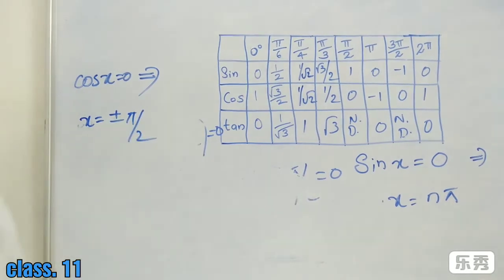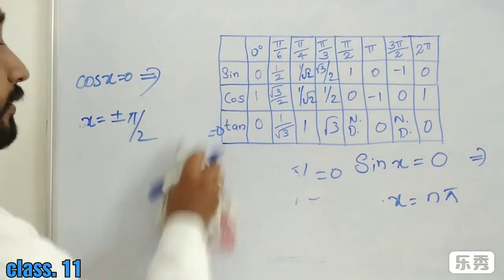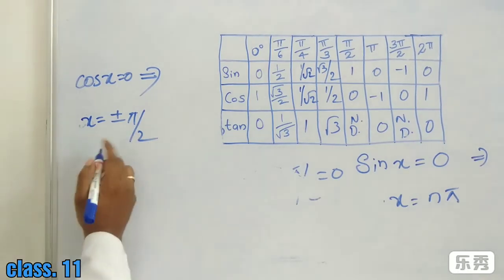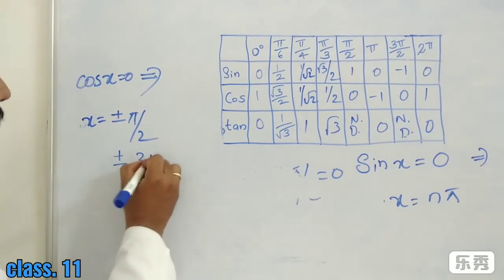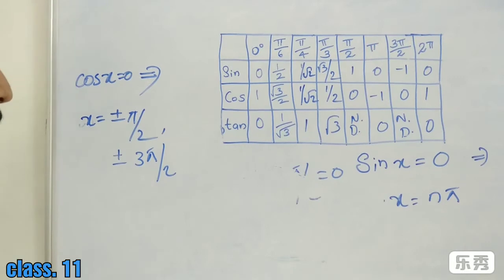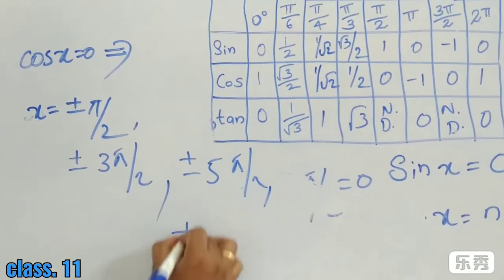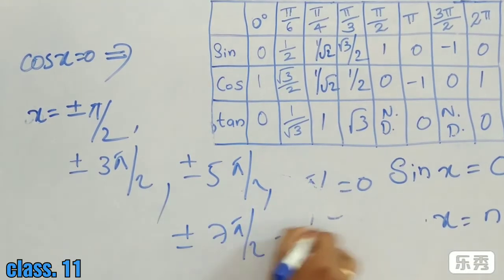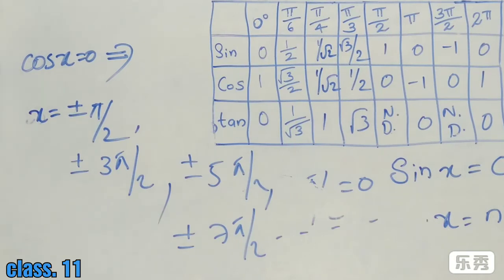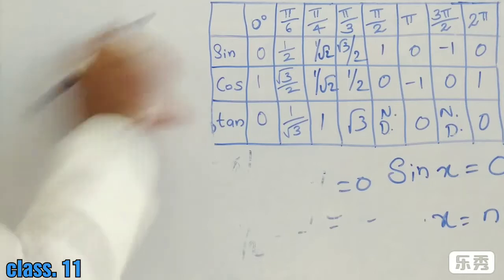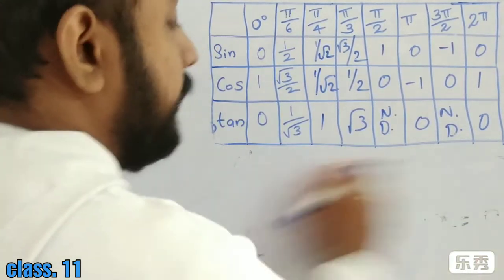When pi by 2 plus or minus pi by 2 comes to 0, then plus or minus 3 pi by 2, plus or minus 5 pi by 2, plus or minus 7 pi by 2, etc. So cos x is equal to 0 means x is equal to plus or minus pi by 2, plus or minus 3 pi by 2, plus or minus 5 pi by 2, and plus or minus 7 pi by 2. So we can write in general